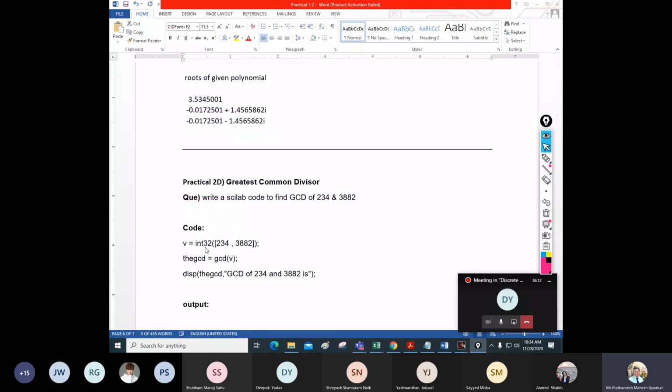because greatest common divisor, GCD, what is it? Greatest common divisor. As the name suggests, we have to first find all the common divisors of 234 and 3882, and after that what do I have to do? I have to choose the largest number from them. Okay. So first I will write v is equal to int32 of 234, 3882. Therefore, I am converting the expression into integer